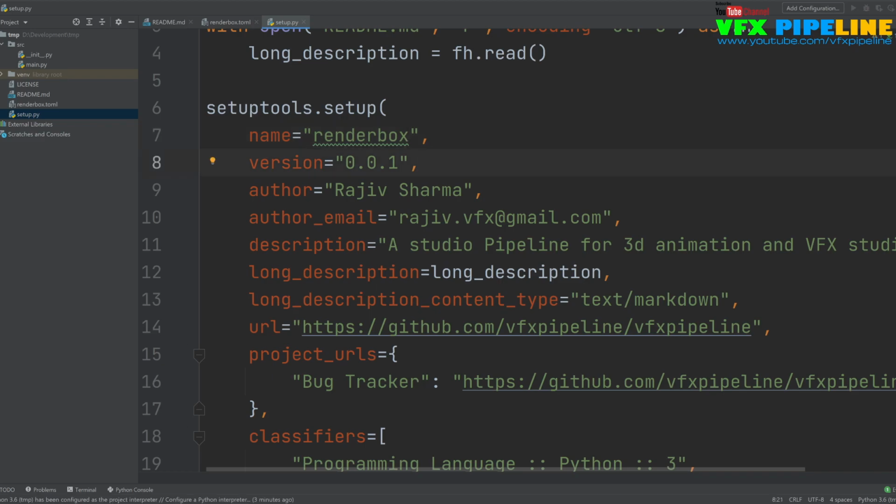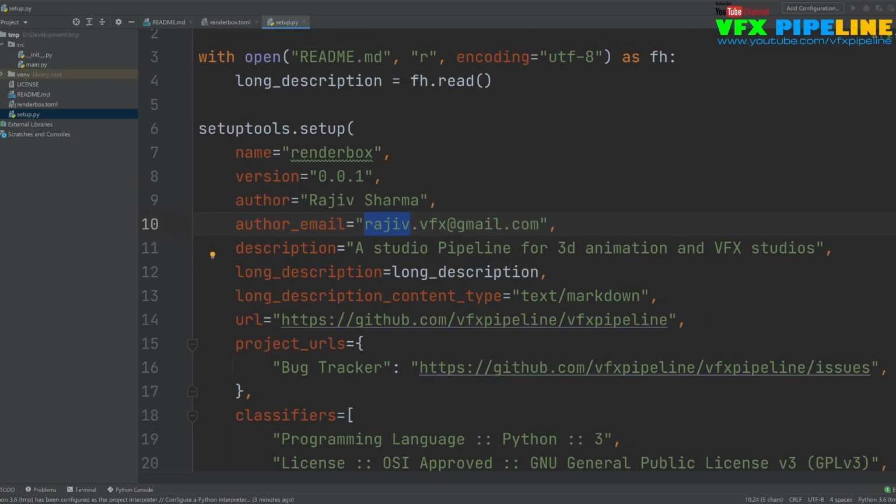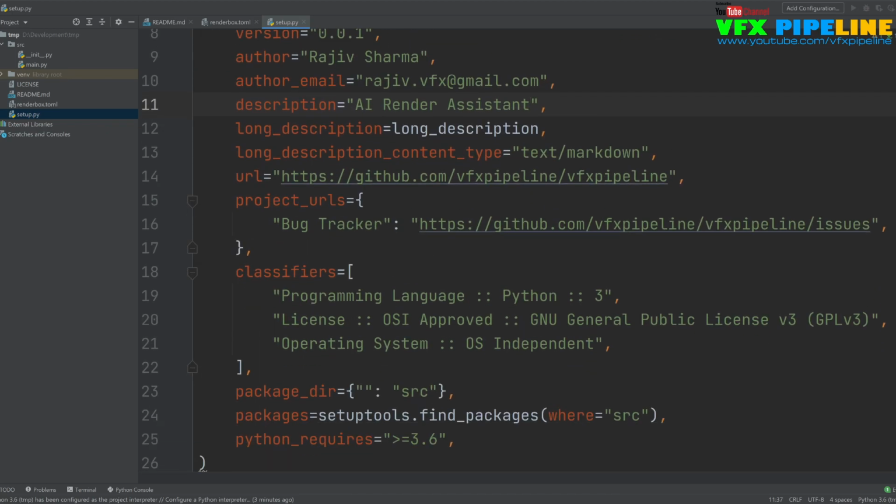What is the version name that you can say? My version is the same and the author is the same, my name and my email address, and this is my AI based render assistant. Okay, and the long description we already have there. And if the repo is asking, let's change this to renderbox.